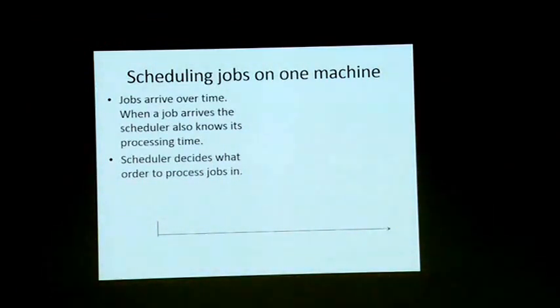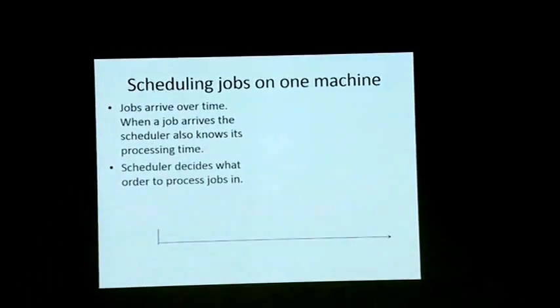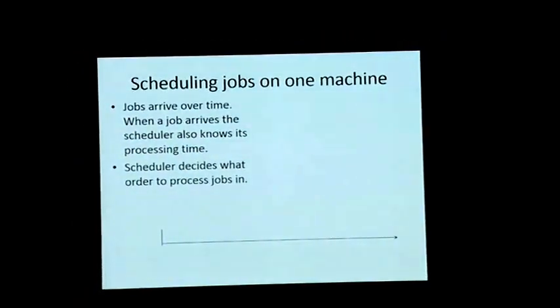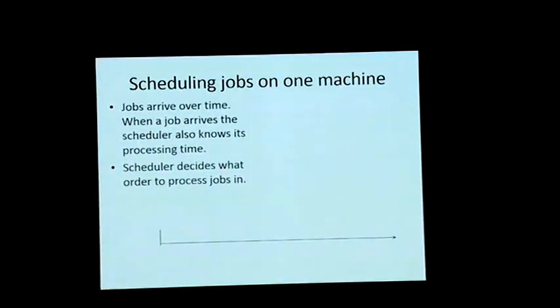When a job arrives, I'm going to make this simplifying assumption. When a job arrives, the scheduler knows how long the job is. By long, I mean how much time it will take on the computer system. How much processing it will need. Okay? And the scheduler has to decide what order to process the jobs in. Okay, so on the right, the font is slightly smaller. There is like a running commentary of what is happening. So in case you miss what I say, you can also read it on the right.